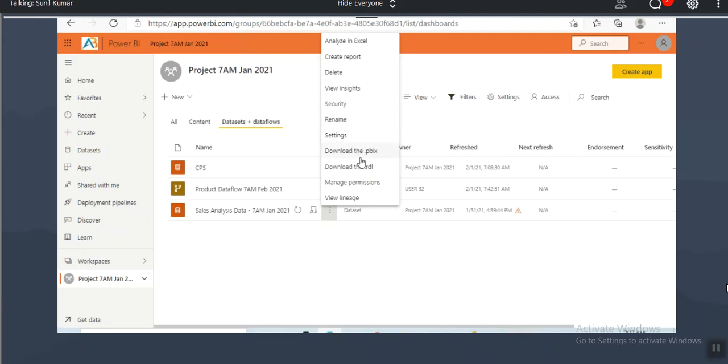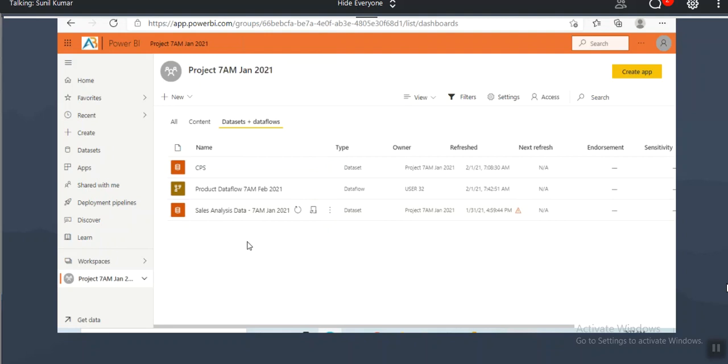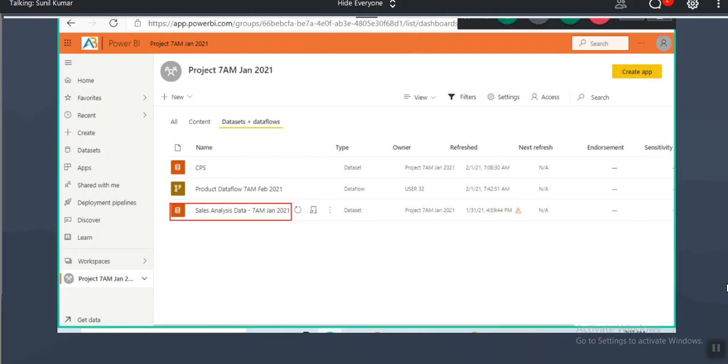The next one is download the PBIX file. Someone asked, can we add more tables to this data set? At the time of developing my project, when I start the development of my project, on this data set, I want to create only 10 reports. At the starting of my project, how many reports do I want to create on top of this data set?